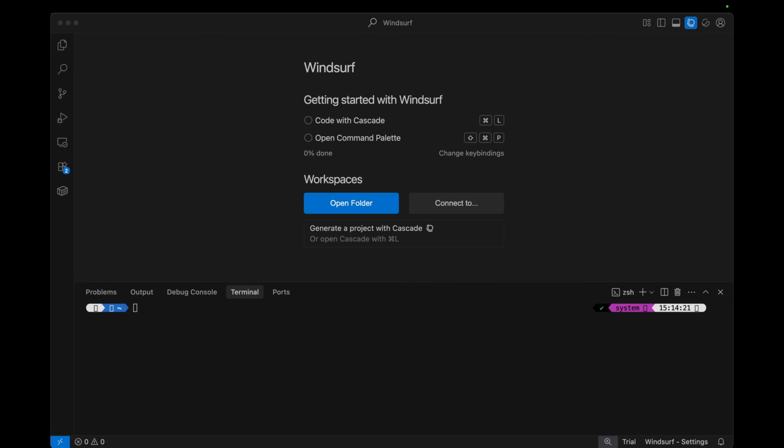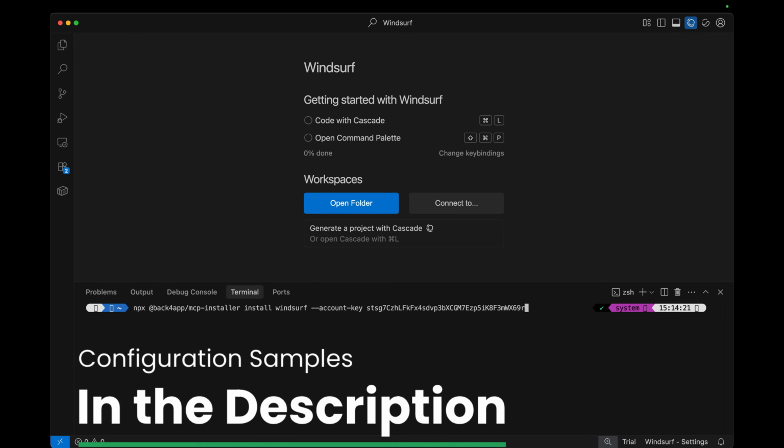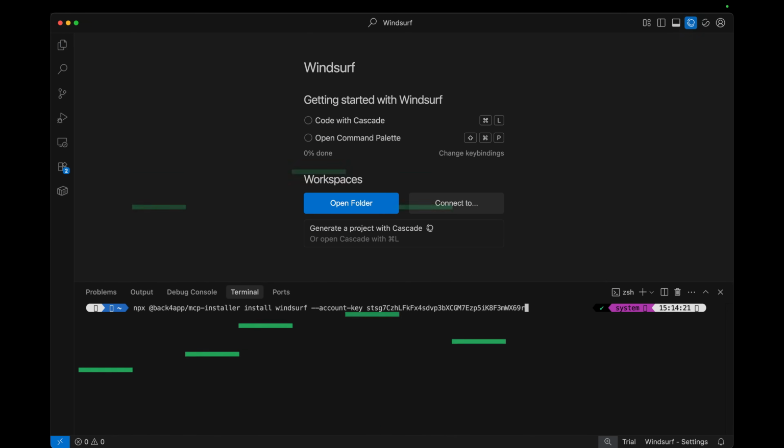One of the easiest ways to configure the Back4App MCP is through npx, and you can do that by running a simple command on your terminal. So here I am at Windsurf, and I've got my terminal open, and I'm going to type npx space @back4app/mcp-installer space install space the name of my IDE, in my case windsurf, space --account-key space, and then the key that I copied from my Back4App account. When I run this,